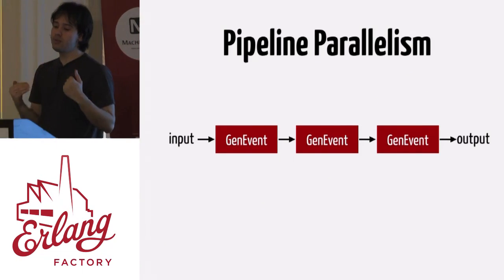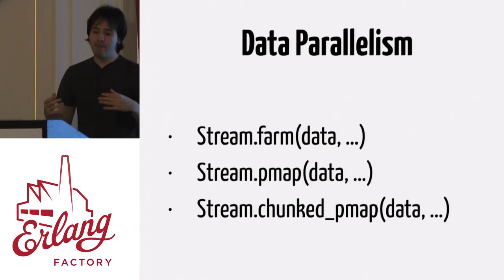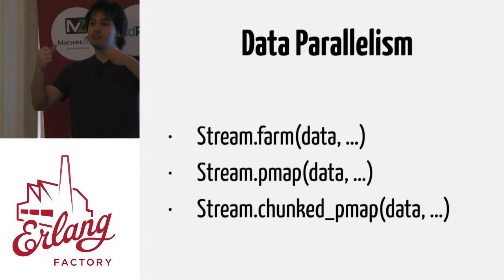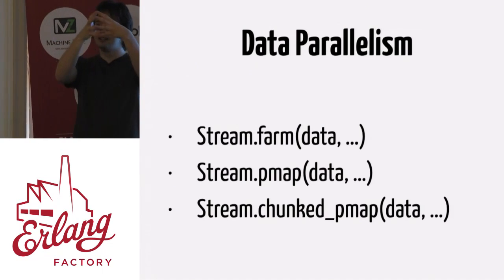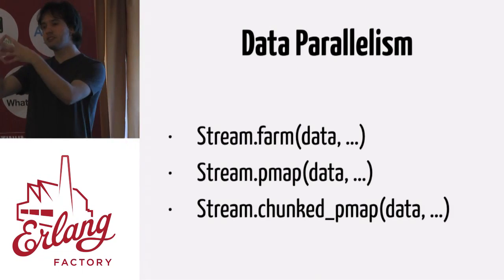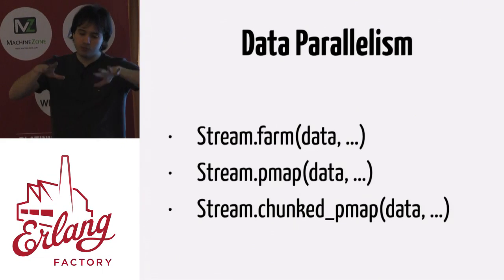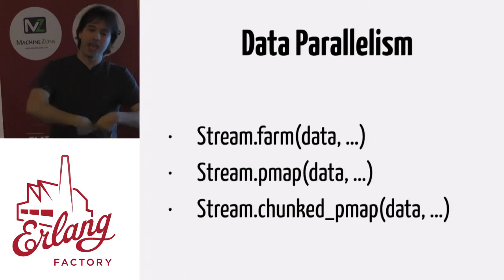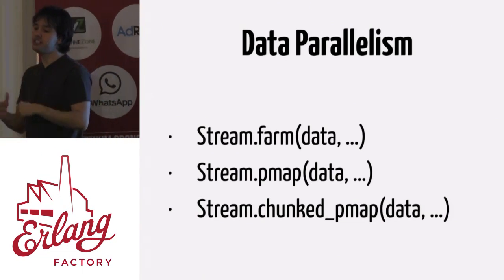Okay? And it's not only pipeline parallelism, it's also about introducing a bunch of data parallelism functions, right? Because with pipeline parallelism, we are parallelizing the computation, like each step does a different computation. So each process is doing a different computation. But sometimes when you have a lot of data, you want all those processes to do the same computation and spread the data around. Like say, hey, now you compute this thing, now you compute this thing, now you compute this thing. And there are many strategies that we can use, right?